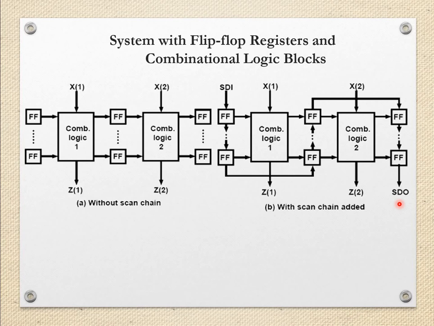The scan enable pin is a special signal that is added to the design. When this signal is asserted, every flip-flop in the design is connected into a long shift register. So all these flip-flops are now forming one long shift register. Right from the first flip-flop, data will be shifted from one flip-flop to the next, and a big long shift register is formed. So we are inserting the scan data input and we are getting the scan data output.